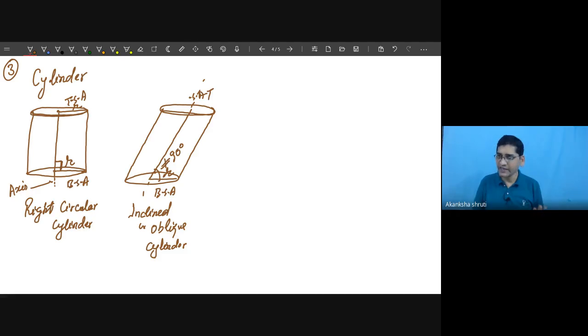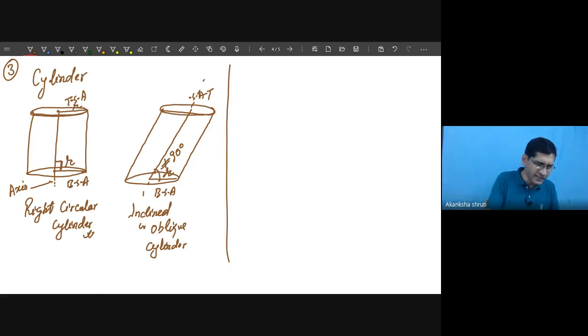So we will discuss the first one. By default, it is always given as a right circular cylinder. Just for your understanding, I had explained this, so we will confine ourselves to this one only. In this circular cylinder, R is the radius